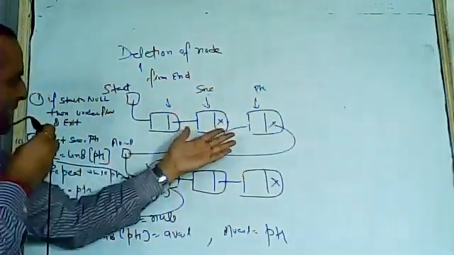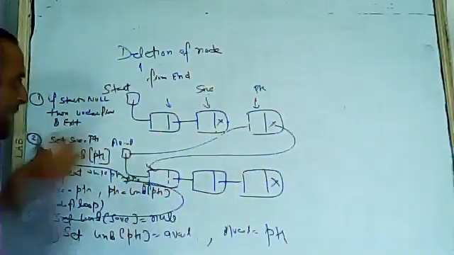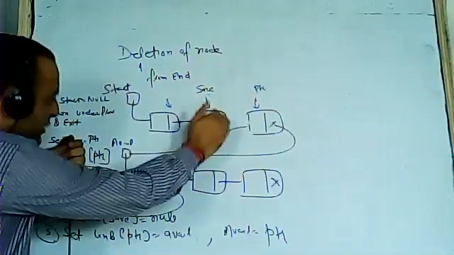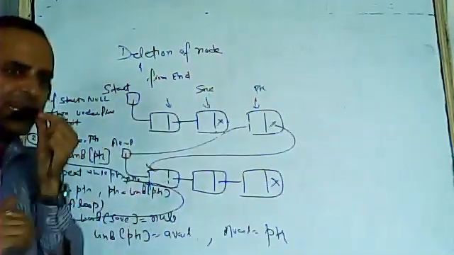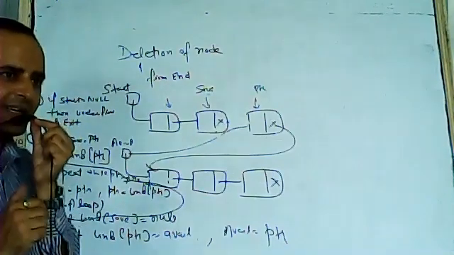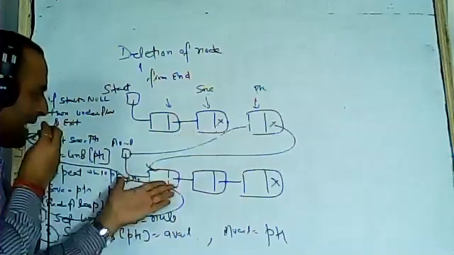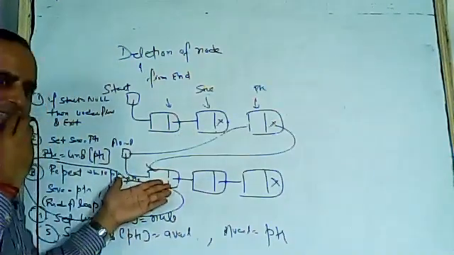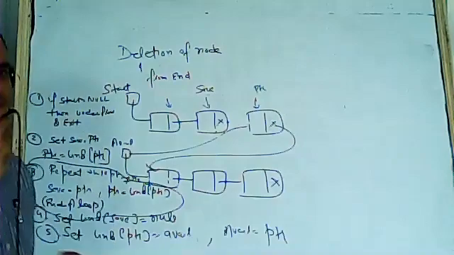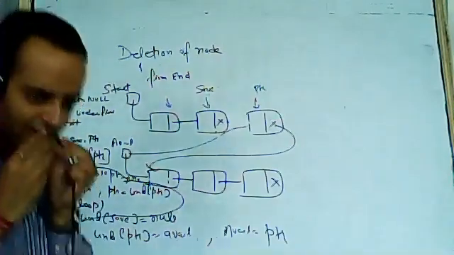Because see, how many memory locations do I have? 3 plus 3, 6. If you delete it and don't put it to avail, how many locations will be left? 5. Like this, the memory will run out. So we put it to avail, because next time when I need some memory, avail will give me that memory. Is it clear now? Yes, sir.